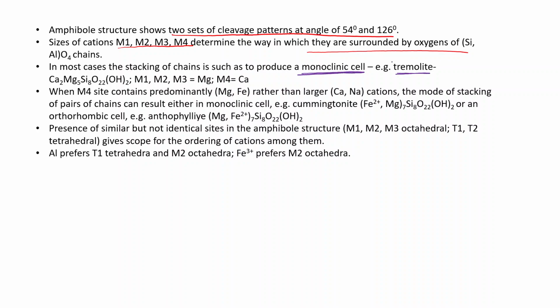Okay, so here you can see the formula for tremolite is Ca2Mg5Si8O22(OH)2. Remember, you will never confuse the formula if you can remember these: Mg will be attached to M1, M2, M3 sites, while Ca will be attached to M4. So if we draw that strip over here again, M4,